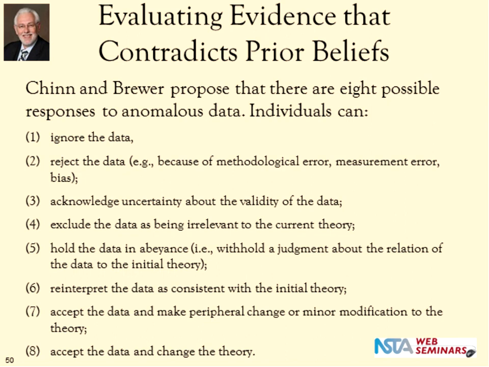What we find out about prior beliefs from other studies is that children and scientists, as it turns out, because these researchers looked at both of them, will typically perform any one of these 8 outcomes when they have a piece of data that doesn't fit. And we call that an anomalous piece of data. This is an interesting thing to pay attention to with your students: to see how they deal with a finding, a result, a measurement, an observation, a pattern that doesn't seem to fit with what is expected, and to then begin to incorporate that into the conversation.